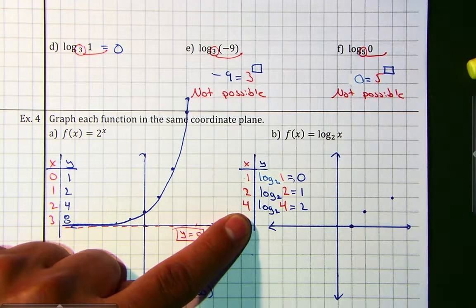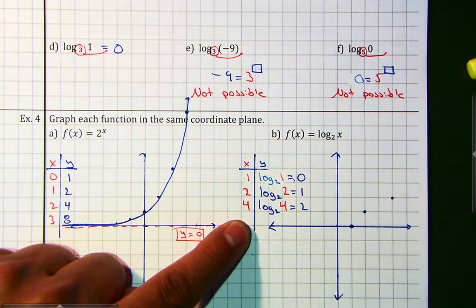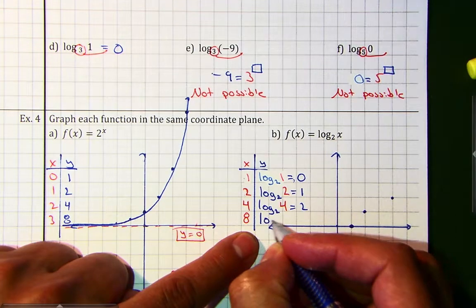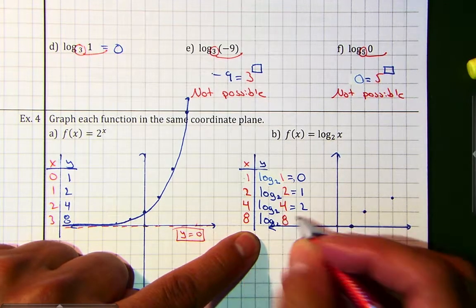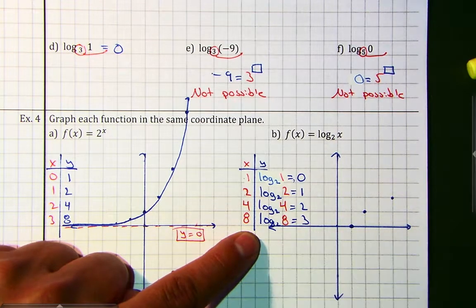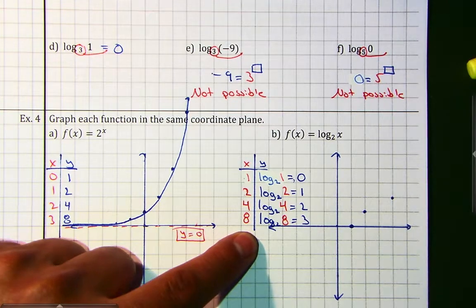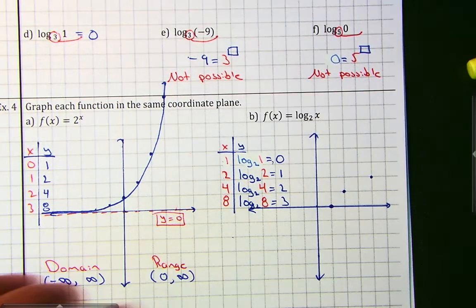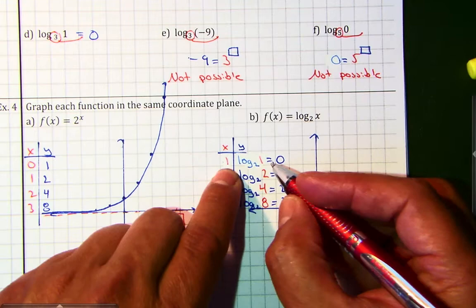If I want to plug in another number, what should it be? It should be an 8. If I want to start with getting whole numbers, then it'll be log base 2 of 8 will give you 3. But there's not enough space. And the next one will be 16, correct. So therefore, for the asymptote, because 0 will be undefined,